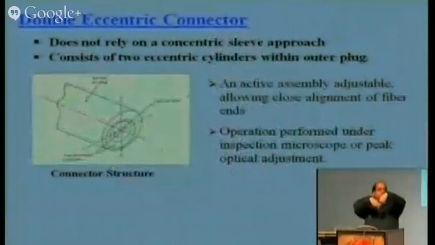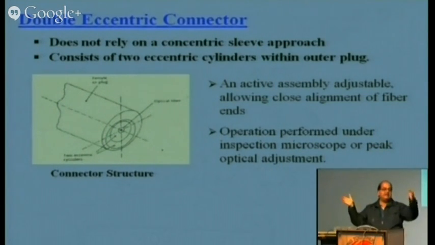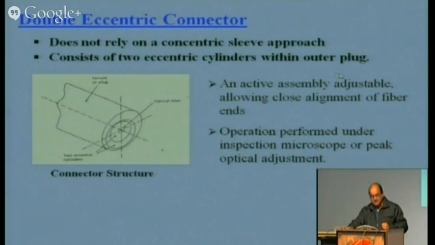Then similarly, I can like our rotary splices. We can have a double eccentric connector, which comprises 2 cylinders which are rotatable. So we can align, because connectors mostly we perform under some alignment. We send the power and we see when maximum power is delivered. So it consists of 2 eccentric cylinders with an outer ring and